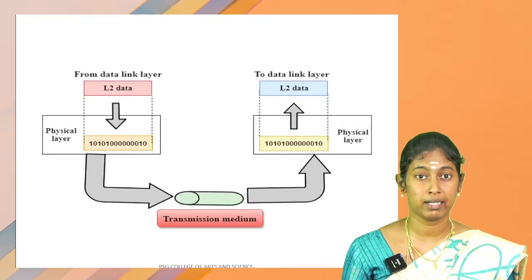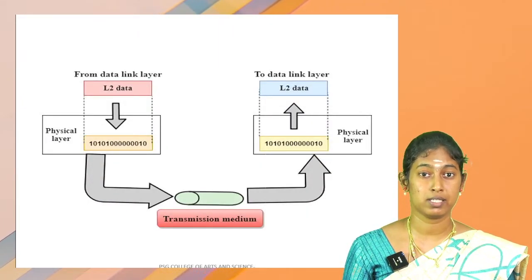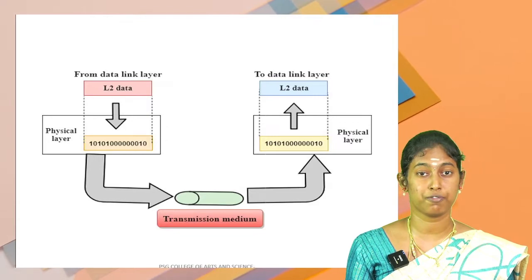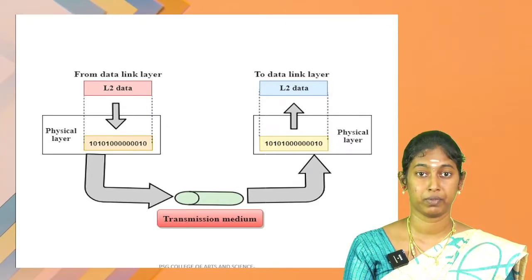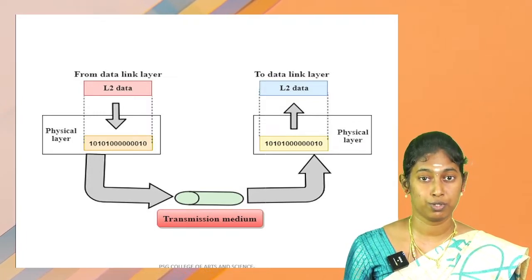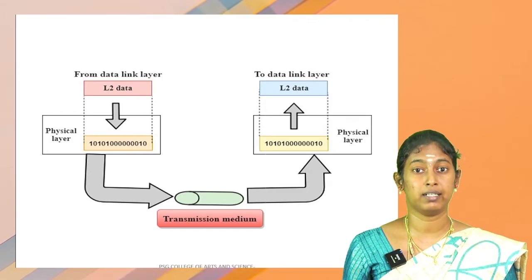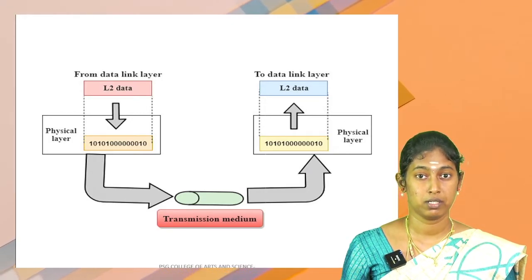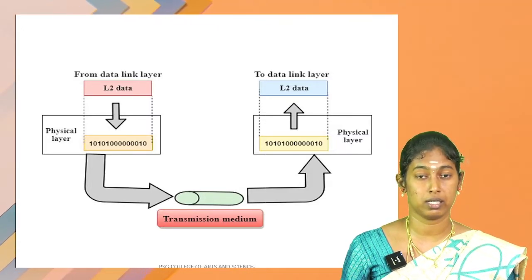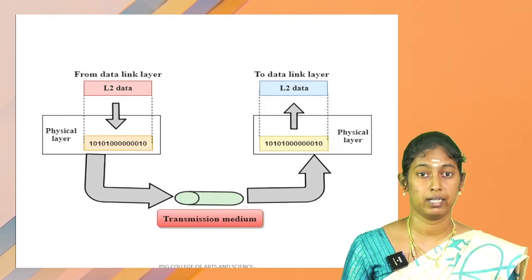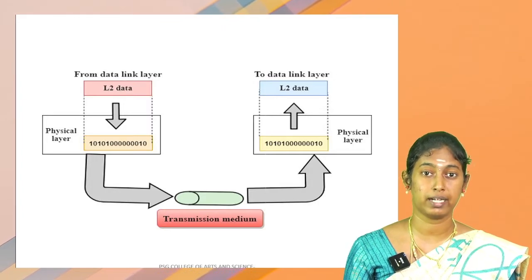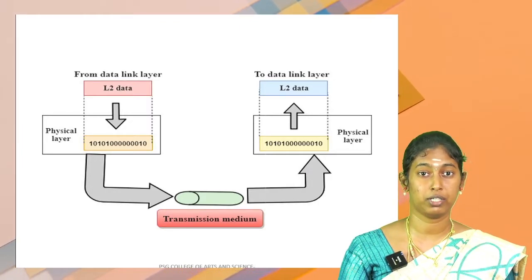So, this is the diagrammatic representation of the physical layer. You can see the data is actually transmitted in the form of binary digits with the use of a physical medium like cables, and the data comes from the data link layer to the physical layer. On the host side, the data link layer sends the data in the form of frames, which are passed to the physical layer. In the physical layer, the frames are converted into binary digits and transferred to the destination. At the destination, the physical layer sends the data to the data link layer of the destination.